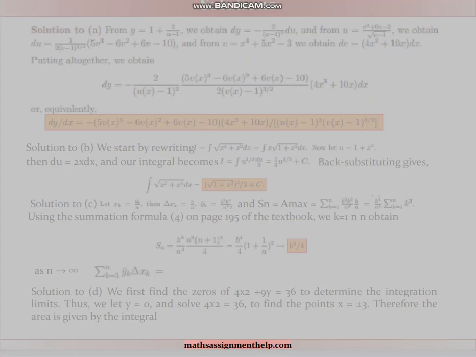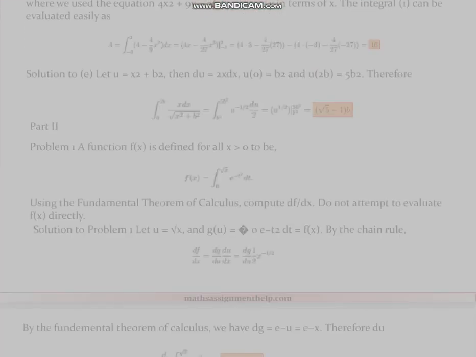Where we used the equation 4x² + 9y² equal to 36 to express y in terms of x. The integral can be evaluated easily. Solution to E. Let u equals x² + b², then du equals 2x dx, u(0) equals b² and u(2b) equals 5b². Therefore,